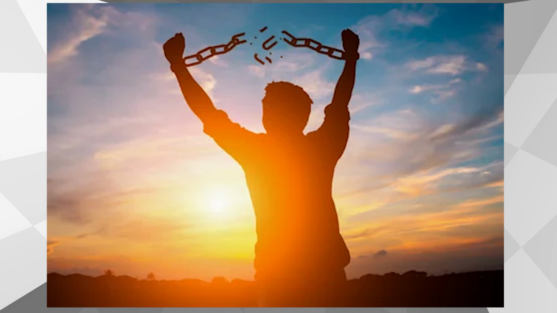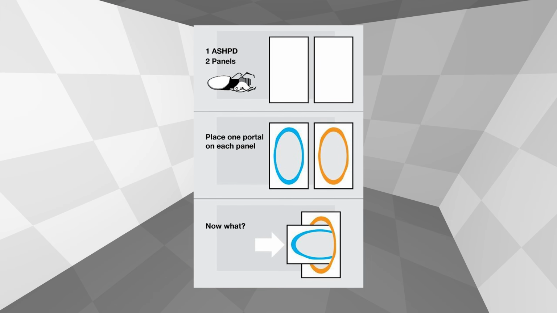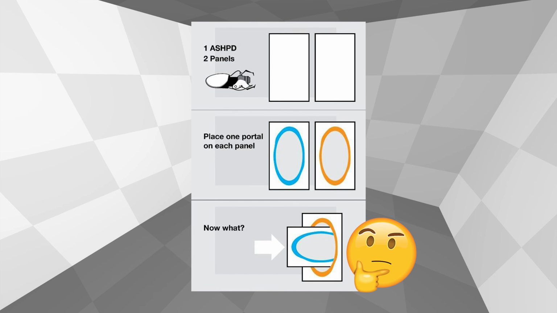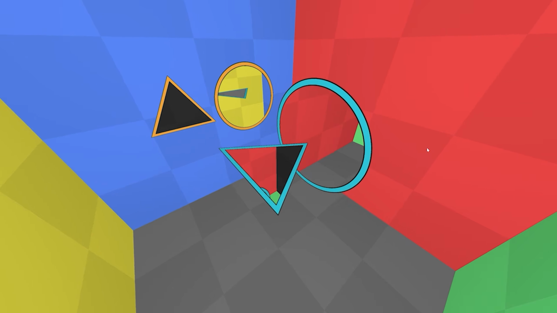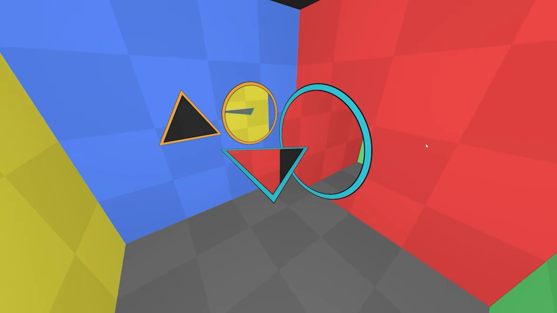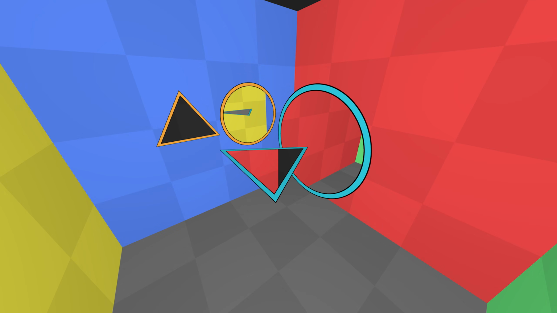Finally, since the portals can move, we can return to the original problem. To answer complex questions such as portal in portal, we must understand how a portal can teleport another portal at all. For that, we can take two independent pairs of portals, triangular and circular. Each has both parts, triangular here and circular here. Let's say that two different portal guns created them.